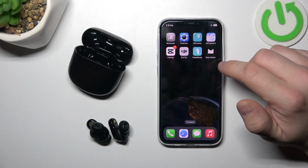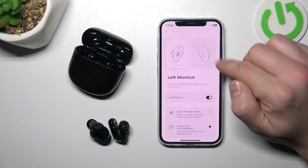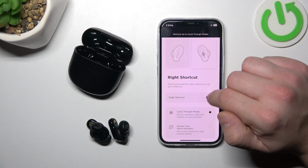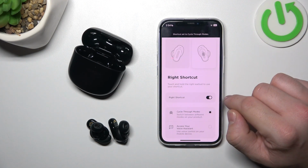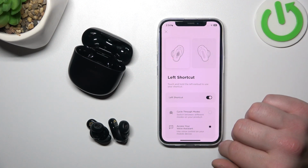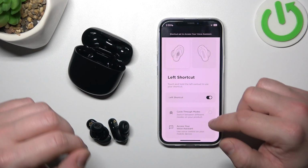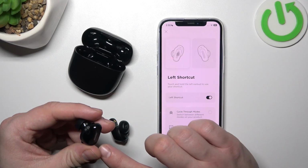In the beginning, let's go to BOSE Music app and now enter shortcut. Enable left shortcut or right shortcut. And now select shortcut for the gesture. For example, for the right shortcut you can select cycle through modes, and for the left you can select access voice assistant. Now press and hold the button located right here